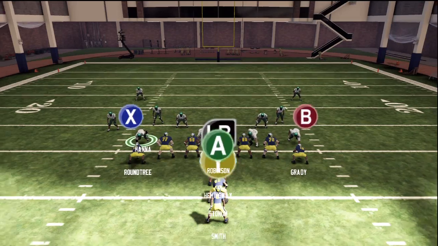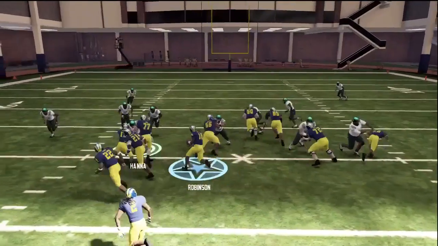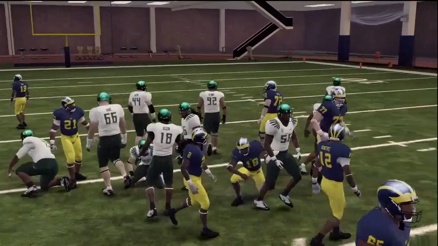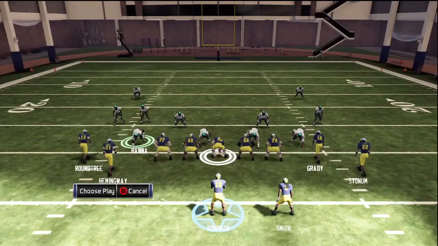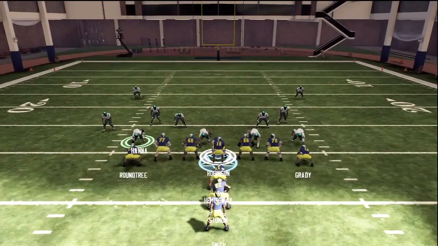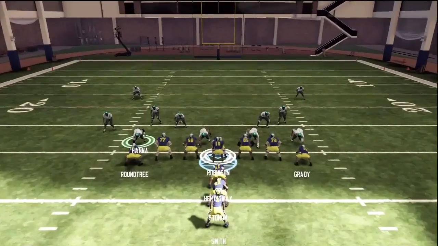So I come out in the play, they don't make any adjustments, I quick snap them right up the middle. Big yards, 5 yards, 4 yards, whatever. I mean, I've done this many times where I've gotten touchdowns off it. So you just look to see where the gap is, you flip it. When you flip it like that with the right stick,